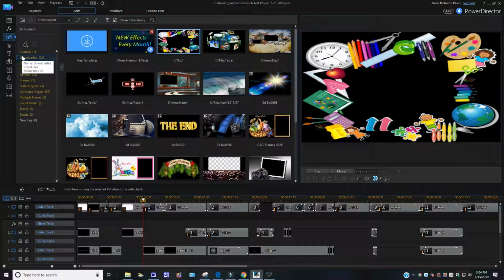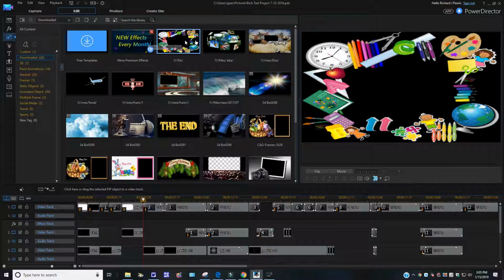Now this is what I like about this one here, about Cyberlink. They have free downloads. Okay. Now so does, what do you call it, Wondershare. Filmora has it too, but not as much as them. And when you download from here onto Cyberlink, I think they use Dreamtime, I think it's called. They have a thing where you could download